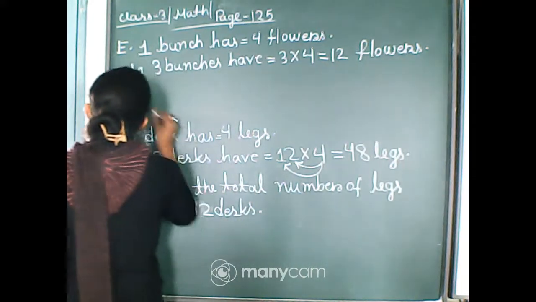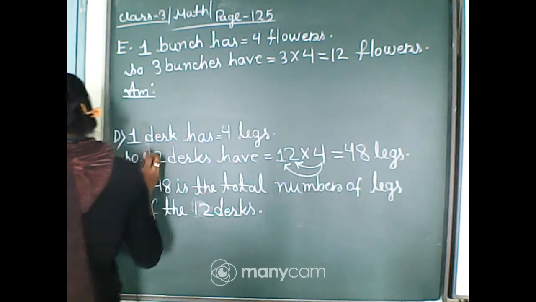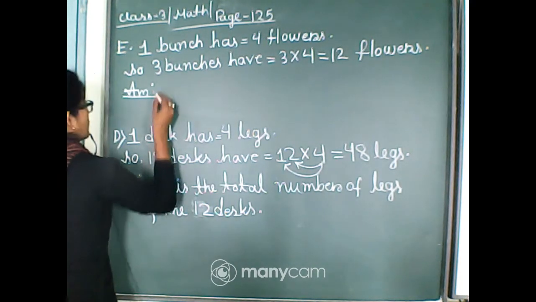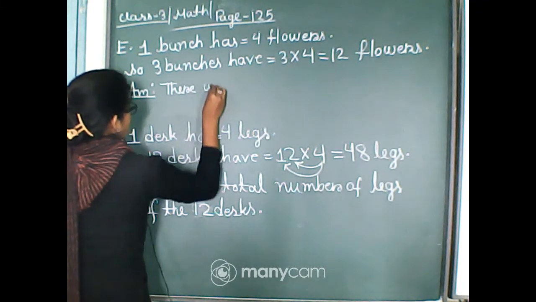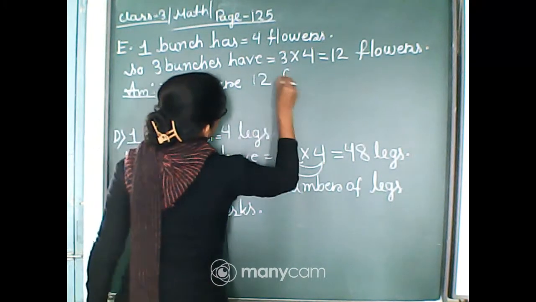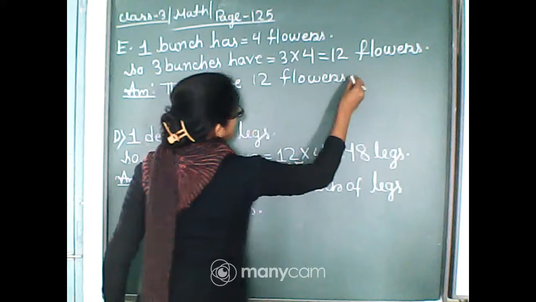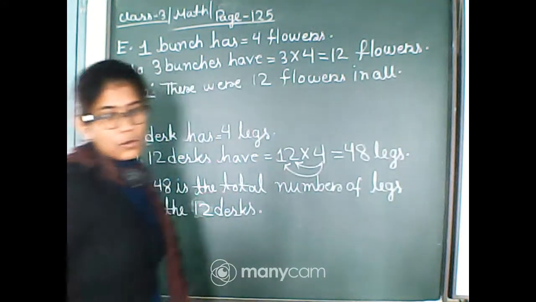Okay, then what will be the answer? That how many flowers were there? So there were 12 flowers in all. Okay,